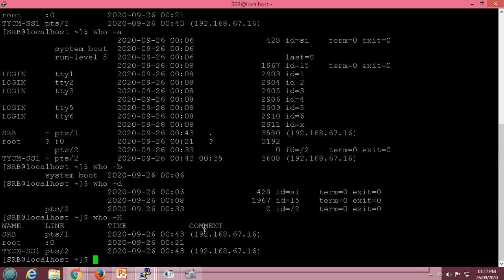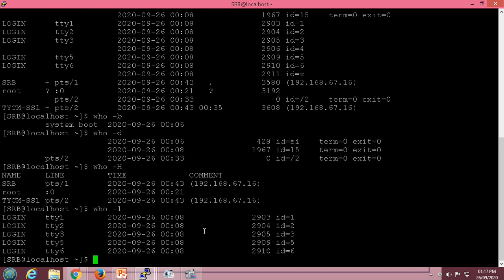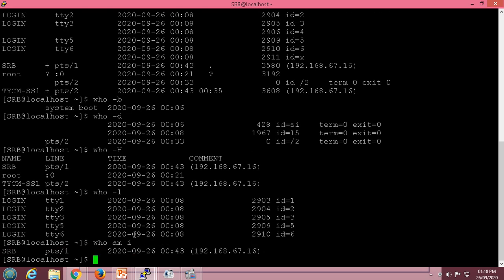So the next command is who -L option. This will give us all the login processes. And the last one, who am i. This will give me the current user with which I have been logged into the system.